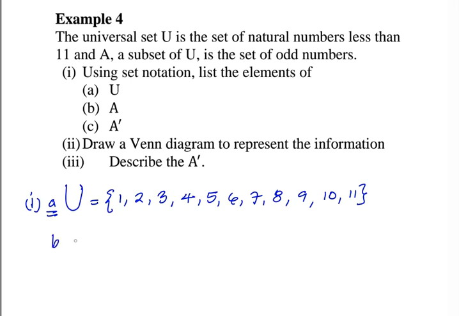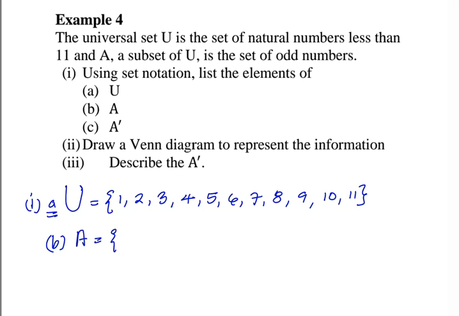Now the set A. The set A is the set of odd numbers. Since A is a subset of the universal set, I'm talking about odd numbers which are less than 11. All right, just a little correction here. Since you say less than 11, it should not include 11. So the odd numbers would be 1, 3,